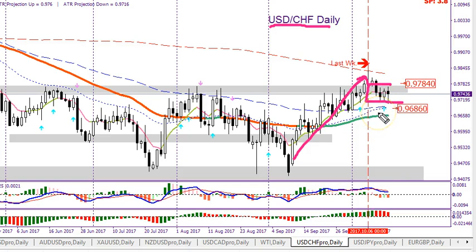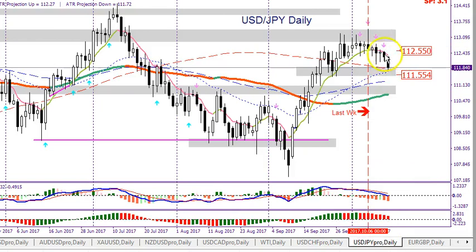You want to wait for more evidence, and if you think price is going to go higher, then you want to take a buy above 0.9784. If we think price is going to go lower, you could look at sells possibly below 0.9686 to the downside. Now we move on to the